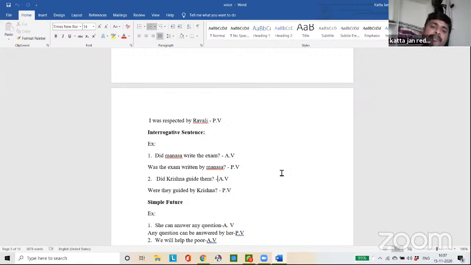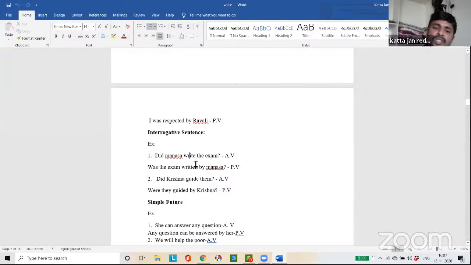In simple past passive voice, was or were are the be forms to be used. See, did Manasa write the exam? Let me tell you once again the 6 steps. Subject, verb, object are identified at first. The exam, the object, is changed as subject. Later, according to the tense, I mean according to the main verb form,